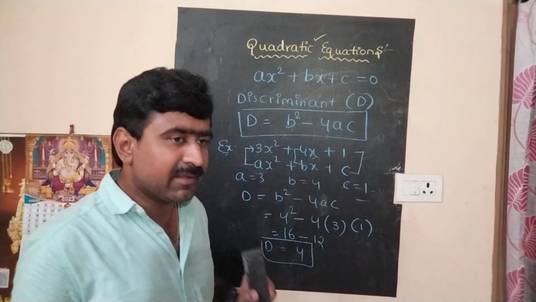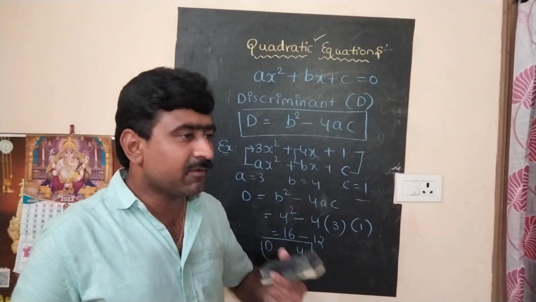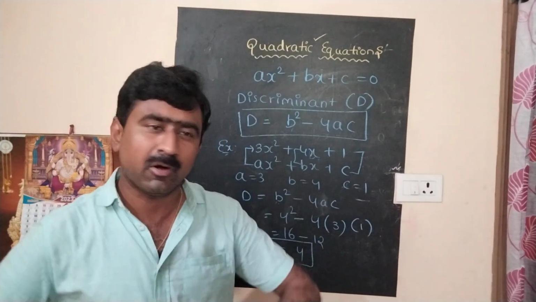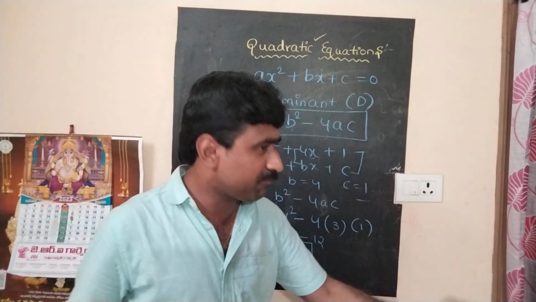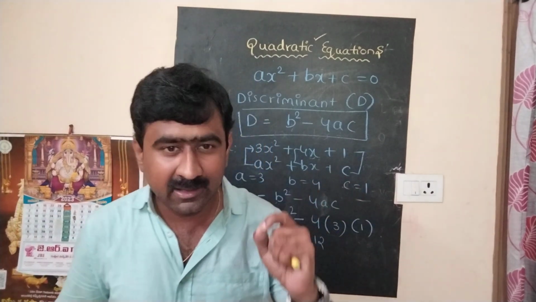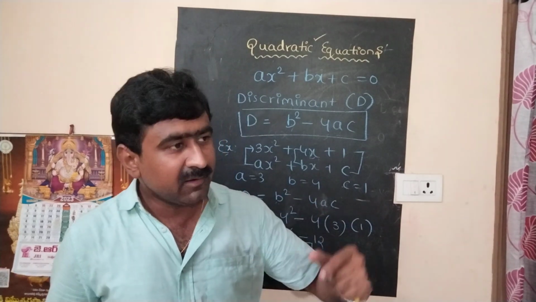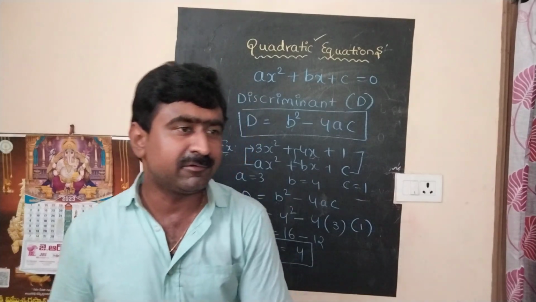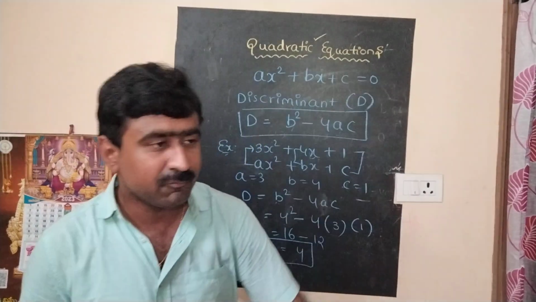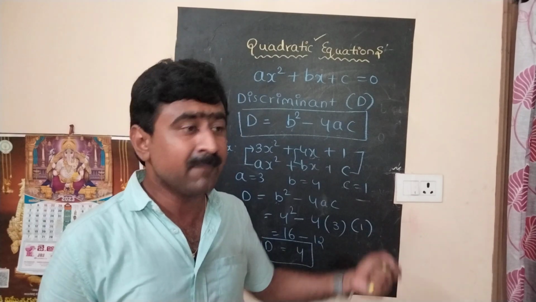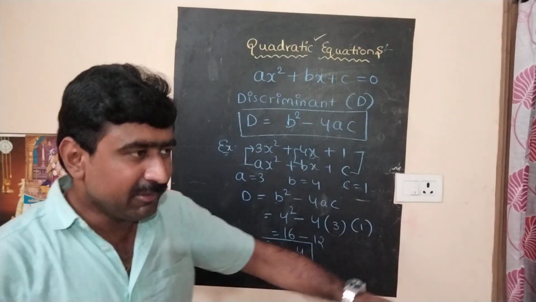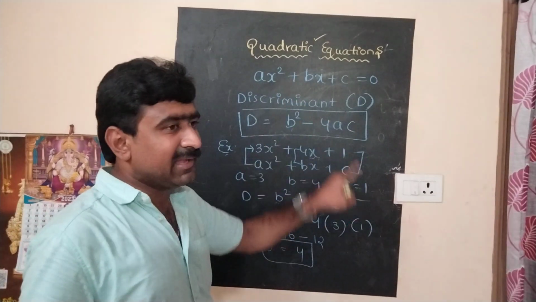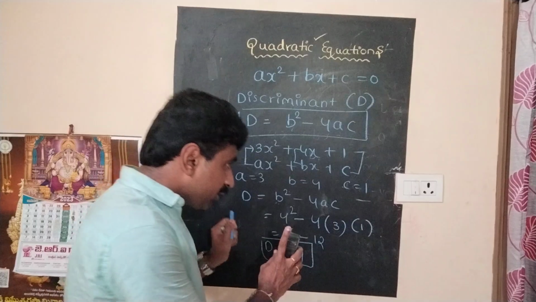Okay, so discriminant for the given quadratic equation can be found by using the formula D equal to b square minus 4ac. The first step we need to remember is, whatever the equation it may be, either in terms of positive or negative, the given quadratic equation should be compared with the general format of the quadratic equation. So by comparing we can get the a, b, c values. Once we get those a, b, c values, we need to find out the discriminant by using the formula b square minus 4ac, and we need to substitute so that we will get the value of the discriminant for the given quadratic equation. Is it clear or not? So this is one of the examples.